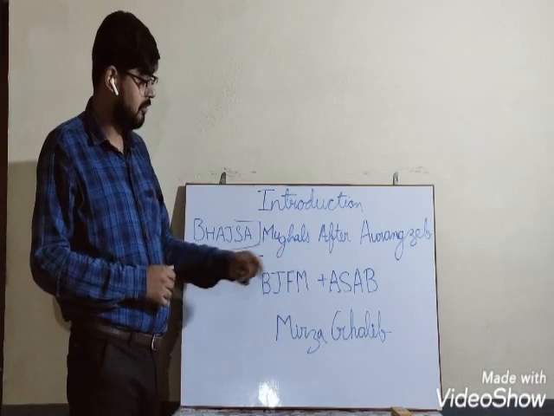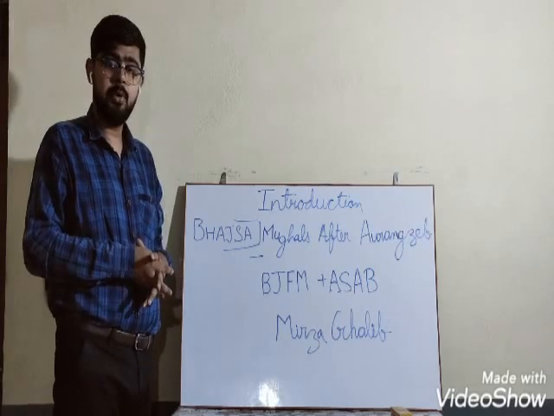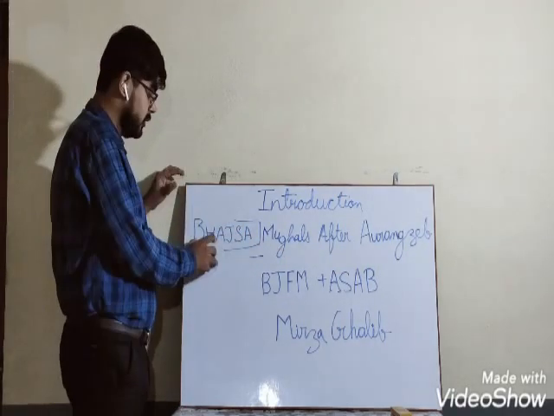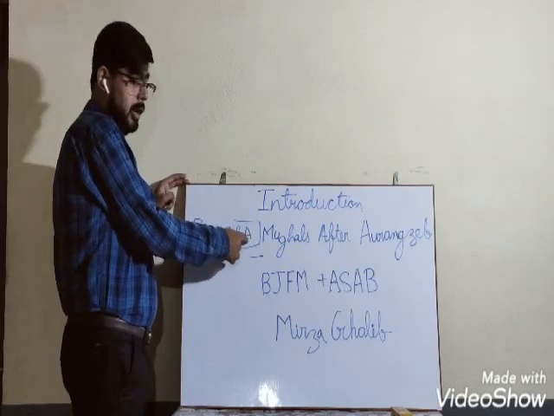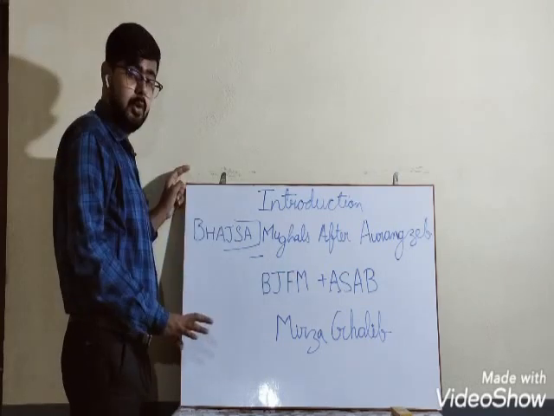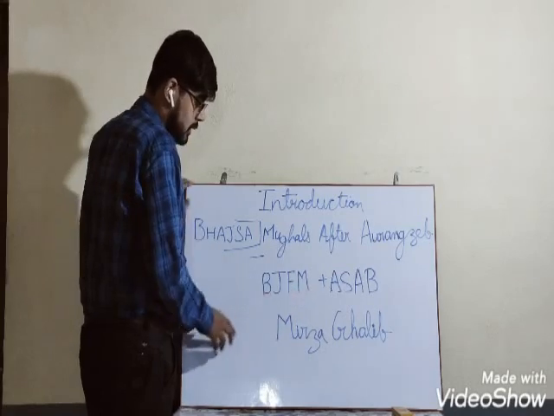BJFM, BASB are the short forms of the names of the Mughal emperors. As you have read earlier, Babur, Humayun, Akbar, Jahangir, Shah Jahan and Aurangzeb. And after Aurangzeb, we have this way to learn the names of the Mughal emperors in order, such as